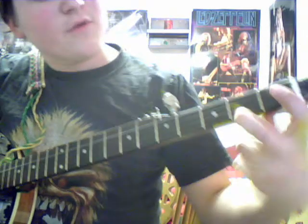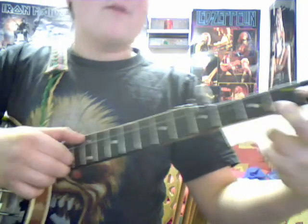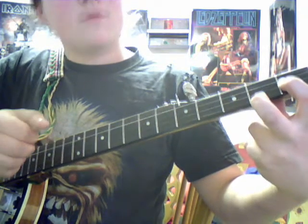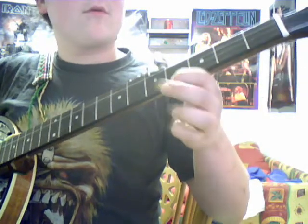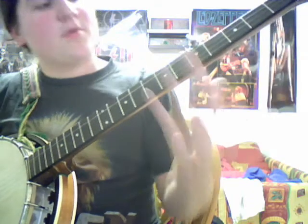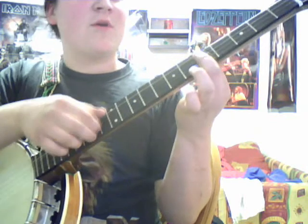and this is where it changes, because you put middle finger on the second fret of the first string and your index finger on the first fret of the second string, and playing fifth string, second string first, or you could play it with the fourth string or the third, whichever you desire. I prefer the fifth. So you're going, and then you're doing pretty much the same thing again, and that's where we stop, because this time we're going to do a simple 3-2-1 string progression with your thumb, index, middle